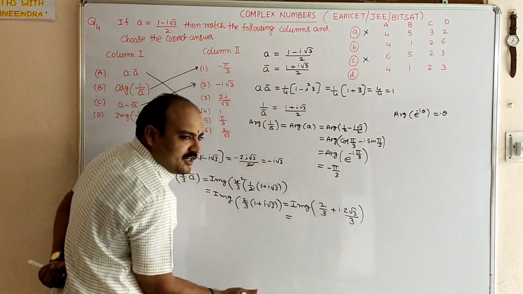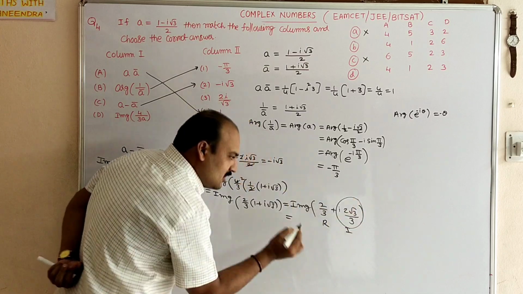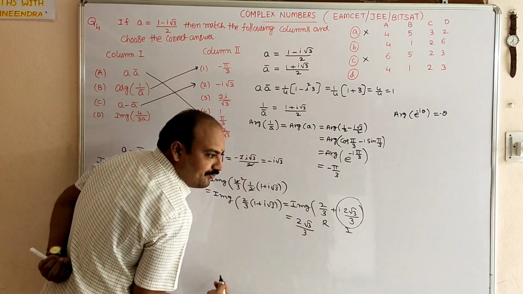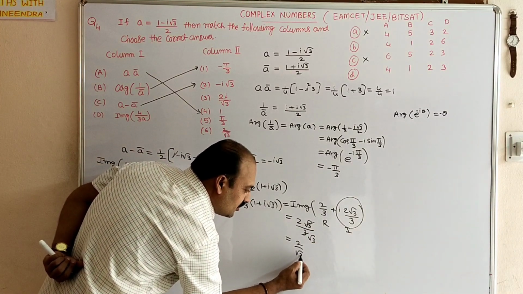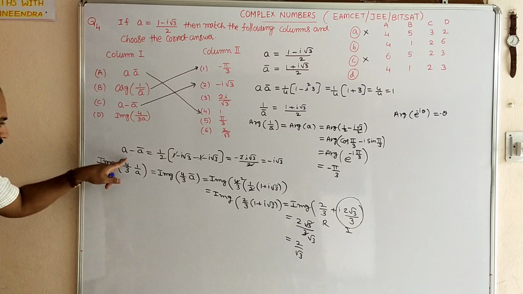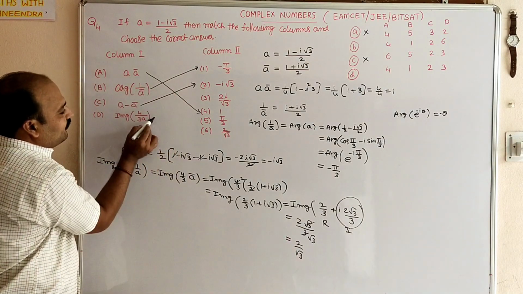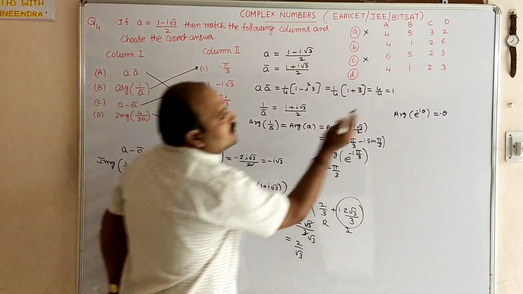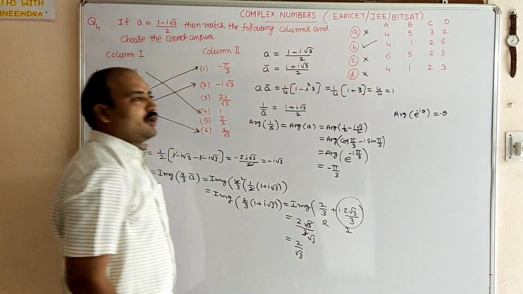In this, what is the imaginary part? This is the real part, this is the imaginary part. I want only this part. So except i, 2 root 3 divided by 3. Root 3 will be cancelled, that is equal to 2 by root 3. So the imaginary part of 4 by 3 into 1 by A is equal to 2 by root 3, which is there in the 6th. So for the fourth one, 6th. So the second option is the right option, the fourth option is not correct.